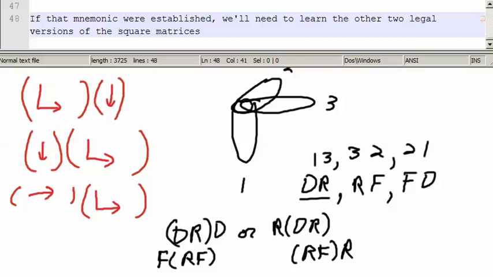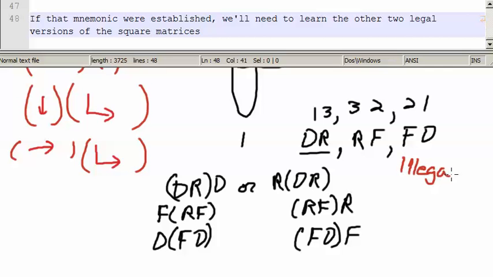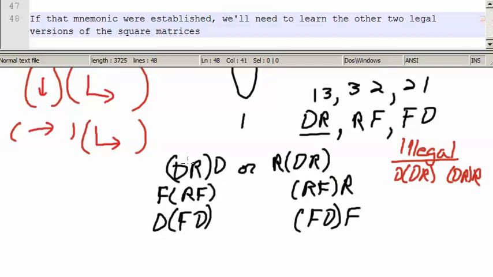And the legal matrices for forward down would be down, and forward down, forward. The illegal matrices would be down, right, with whatever is repeated, or down right, right, etc. So I got a list of legal and illegal, and we kind of know what these are going to do